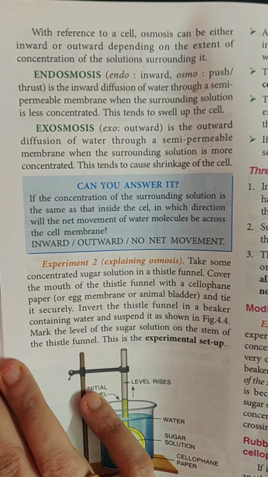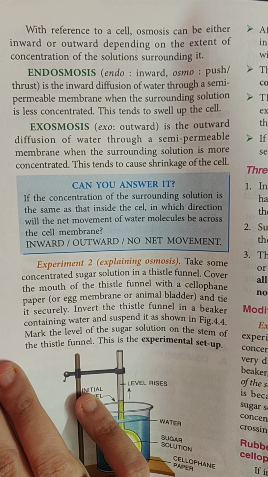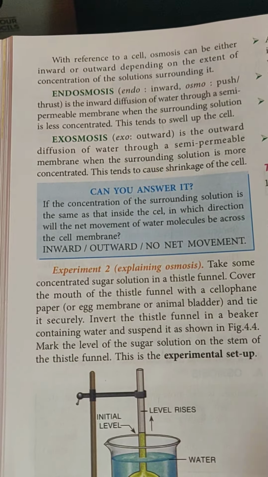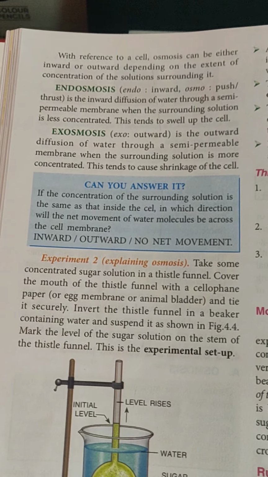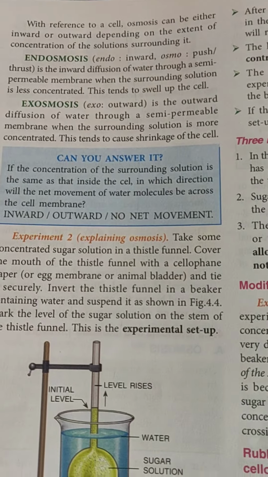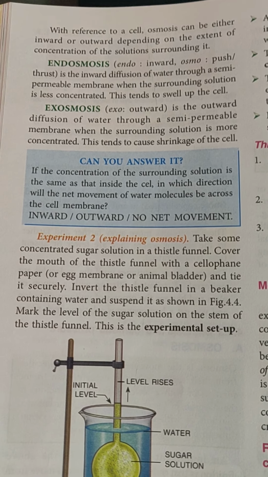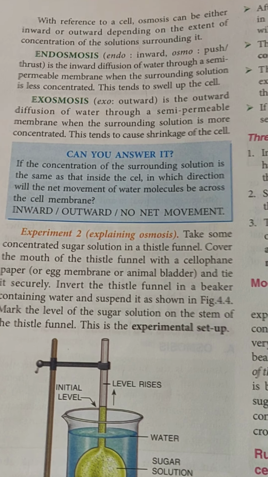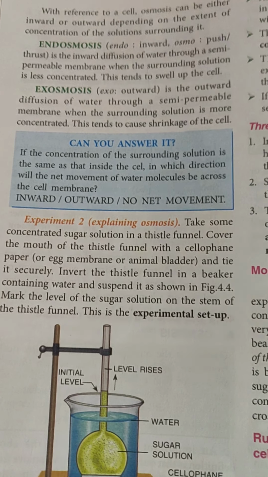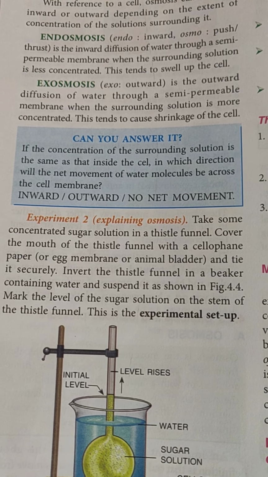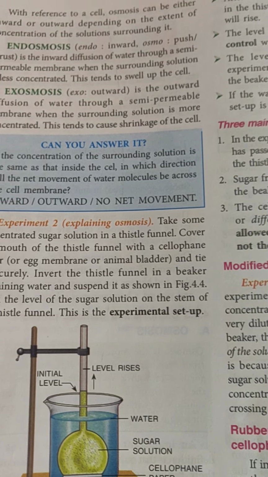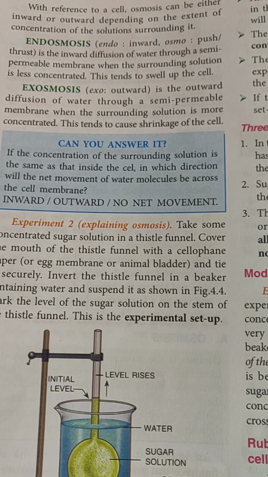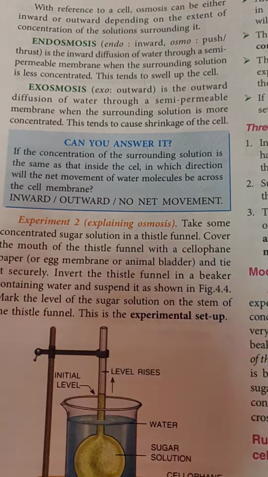Okay, so this results in shrinkage of the cell. If we think about the simple experiment of keeping a raisin inside a water-filled bowl, then in a very simplified manner we can say that endosmosis takes place by the end of the time period for which you have kept it, because the raisin will swell up.